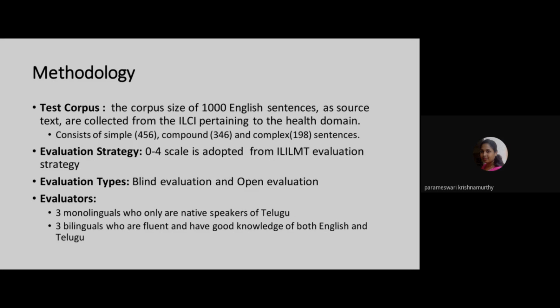It's English to Indian. We have taken English as the source from ILCI, and we have translated it into Telugu through multiple MT systems. The reason we have taken ILCI is that we want simple sentences and different sentence structures, and ILCI has a lot of simple sentences that are very easy to acquire. This is his initial study, but he has to do the same study with actual open data from different sources.